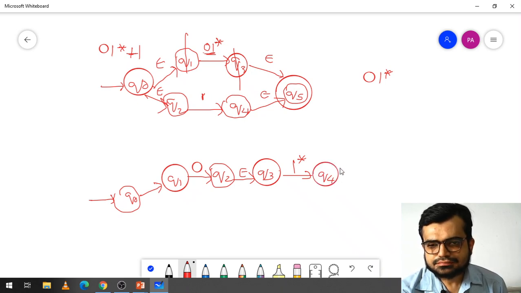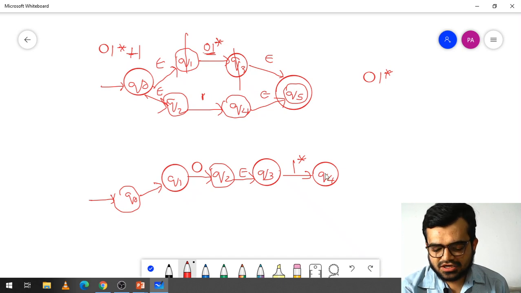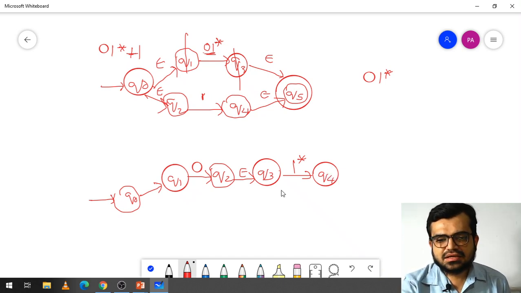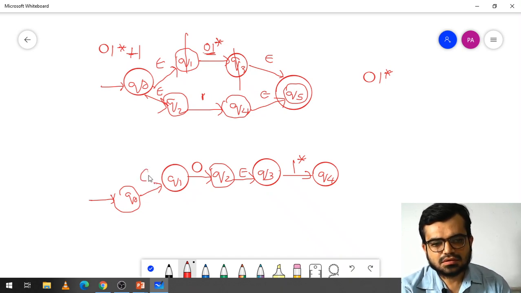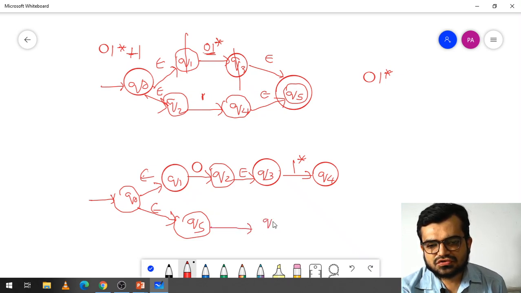Okay, after taking Q4, what happens, I have done here. Now this part will be just like that. So here I am taking epsilon. Okay, again here also I am taking epsilon, and here I am taking the name Q5. Now here it is Q6, 1, the same one I am taking here.